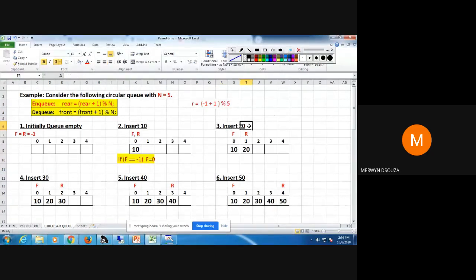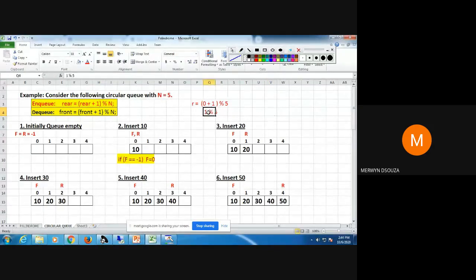Next, now the next insert. I want to insert 20. So again you are going to use this formula. Now the value of rear is how much? 0. So 0 plus 1 mod 5, so you will get 1 mod 5.